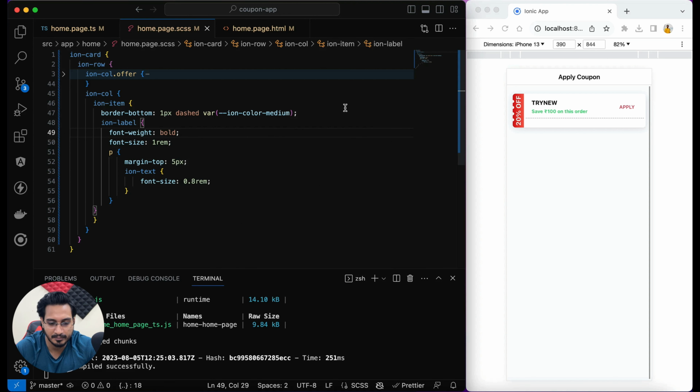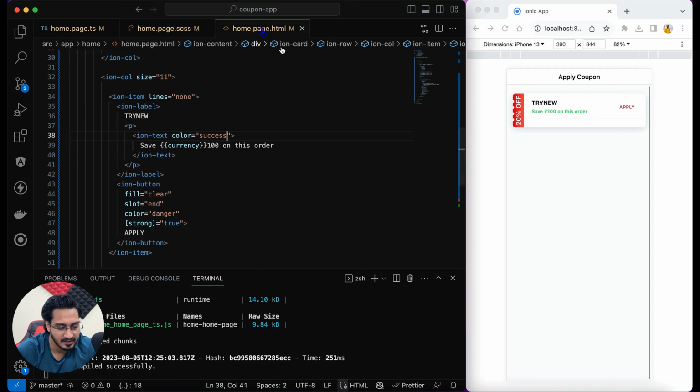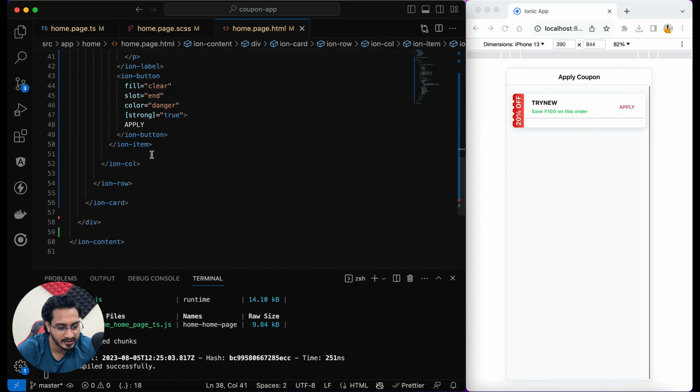Now it's going to match up, correct? That's great. So we are almost there. Few more things are left. Now the last part that we need to work with in our HTML is an ion row within this ion